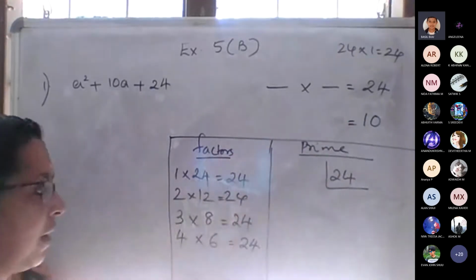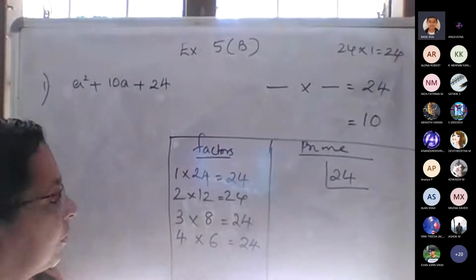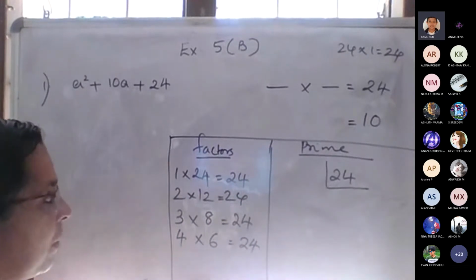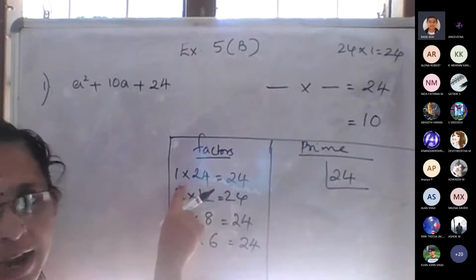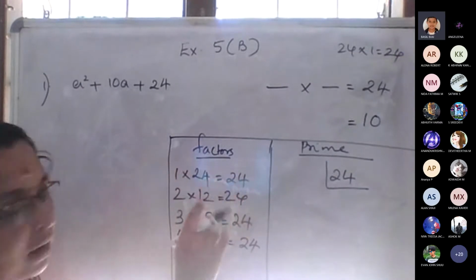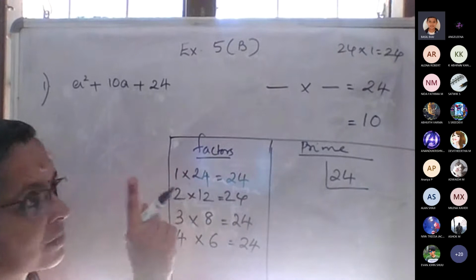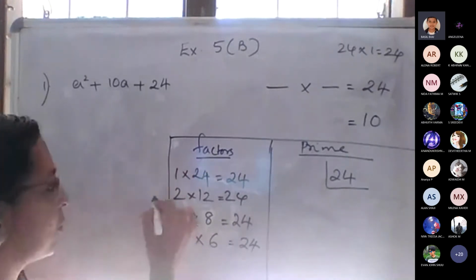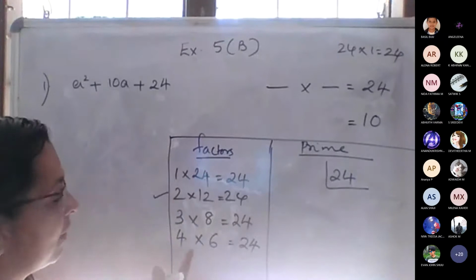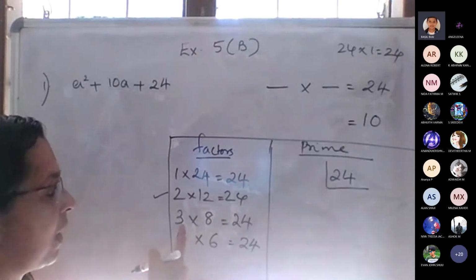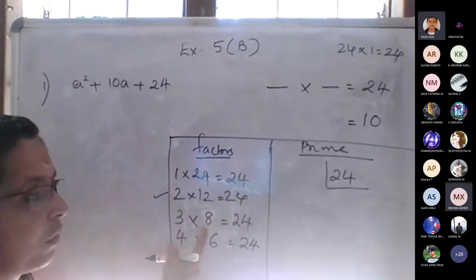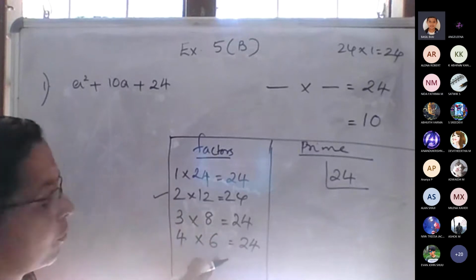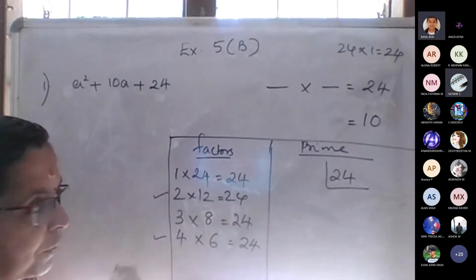Then check it. Which one can we take? Ma'am, 4 and 6. Only possibility is which two? 24 and 1: if we add or subtract, we won't get 10. 12 and 2: sometimes there is a possibility, so 10 sometimes we will get. So the possibility is 12 and 2. The next one is what? Is there any possibility with 8 and 3? No, ma'am. The next chance is 6 and 4.